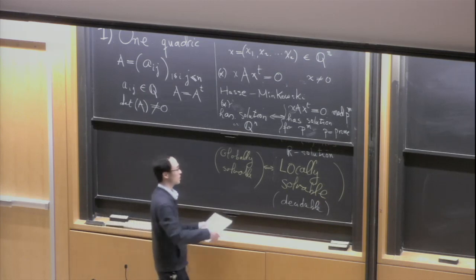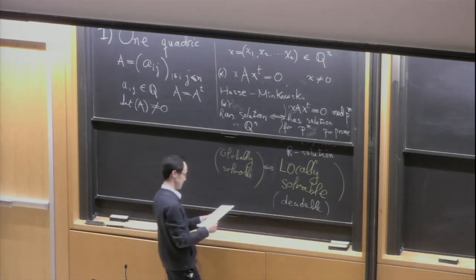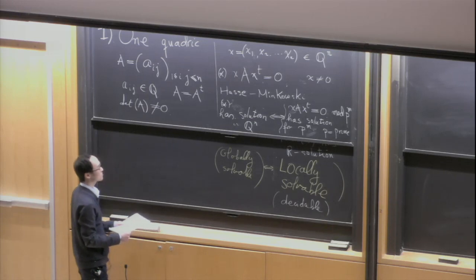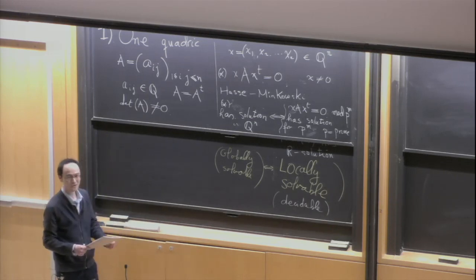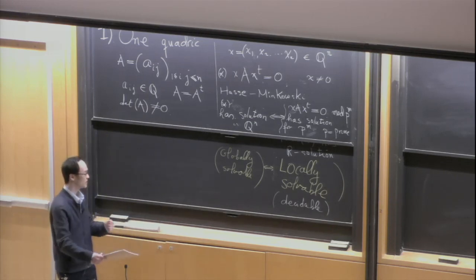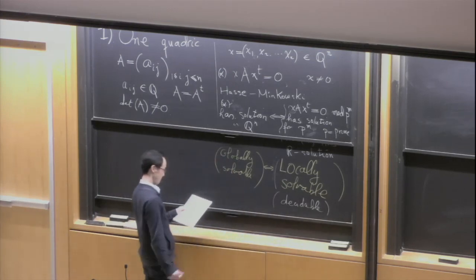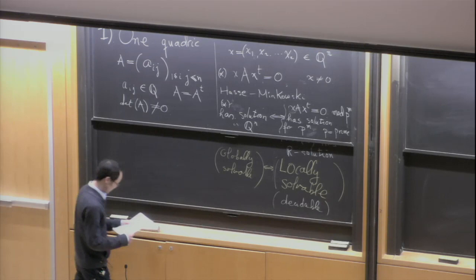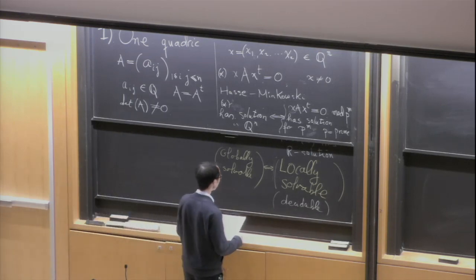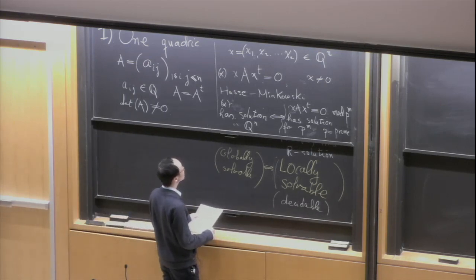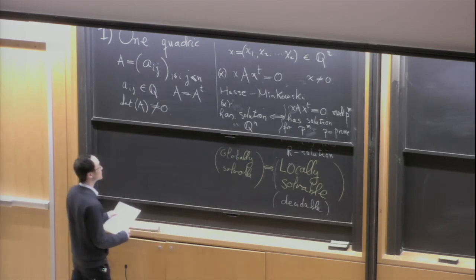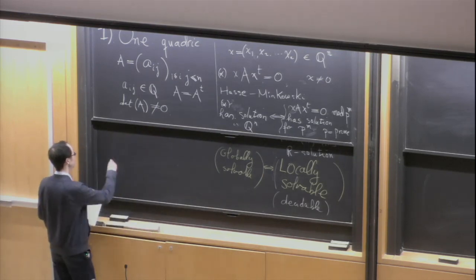So you get it for free for large primes. So that leaves only finitely many primes, the small primes, where for each of them you can check in finite time whether the local solvability holds or not. So we're going to call, whenever we have an equation or a system of equations,